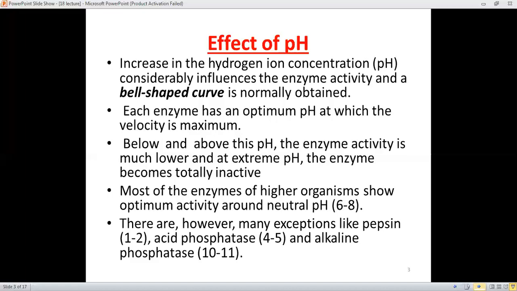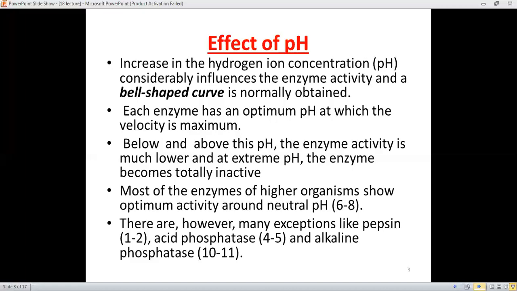enzymatic catalyzed reaction and its velocity. It means that between velocity and the hydrogen ion concentration, up to certain limits, proportionality or a direct relationship is obtained, but after that there is a decline and the bell-shaped curve is obtained. And therefore, each enzyme has an optimum pH at which the enzyme velocity is maximum, and by the drop of